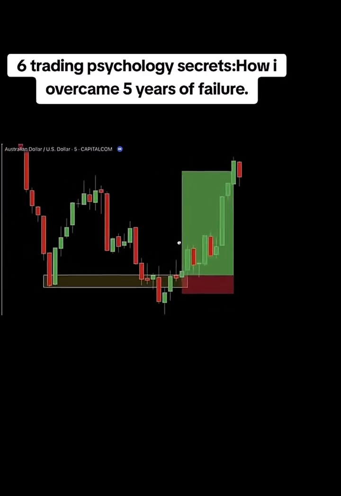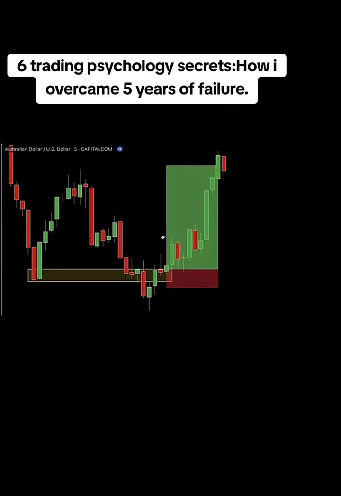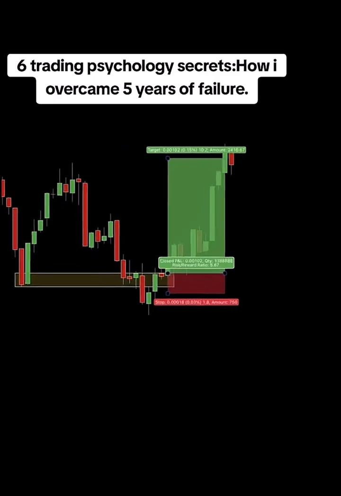The market moves in your favor, climbing to your profit target. That's a win, not just because you made money, but because you outsmarted the market's mind games. This scenario isn't a one-time event. It's something you'll encounter often, no matter what strategy you use. Whether you're trading supply and demand zones, Fibonacci retracements, or any other method, the market will test your nerves. Here's how to stay composed and handle it like a pro.